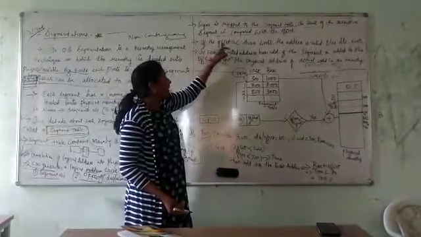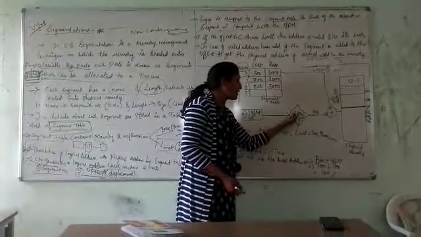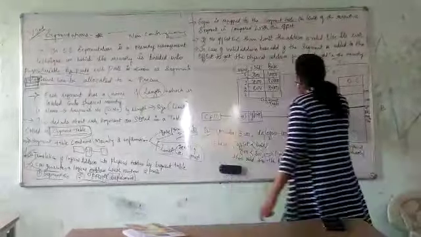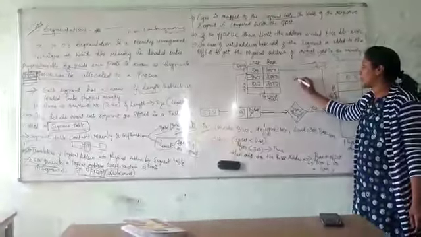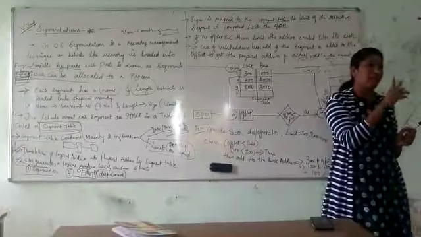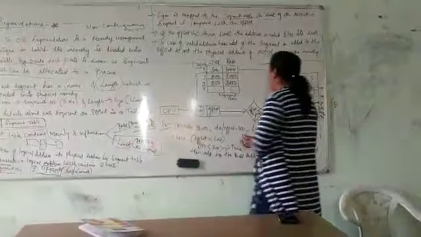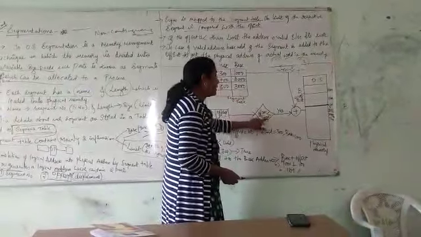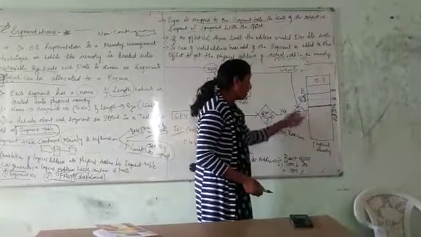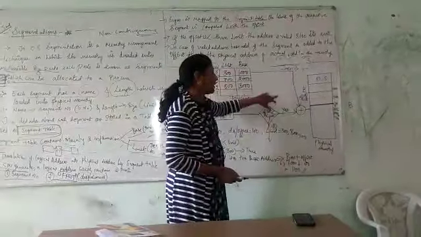And the next point: if the offset is less than the limit, then it is said to be a valid statement. I told you, in our paging technology also, we always compare the base address and the limit address, and then we map with the help of the relocation register. Here also, similarly, if the offset is less than the limit value, the condition becomes true, and then we allocate that into the physical memory. If it is not true,